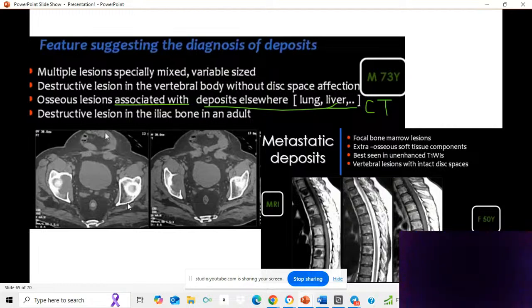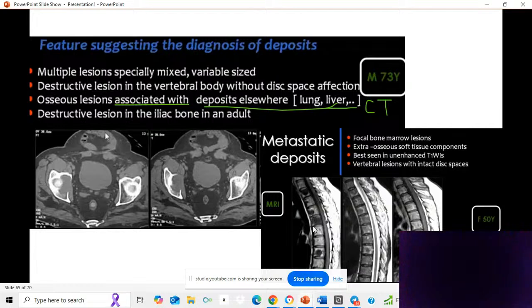Also, metastatic deposits are highly suspected if you find that the vertebral body destructive lesions are not affecting the disc space,